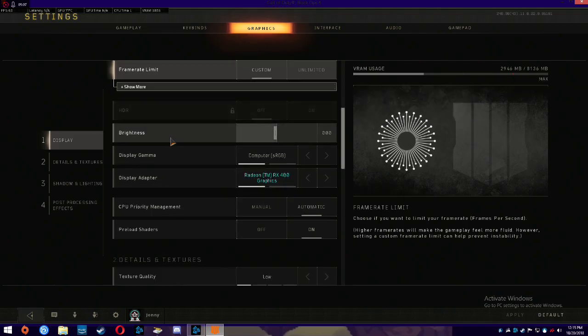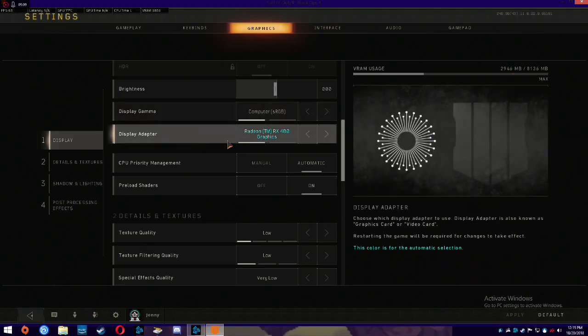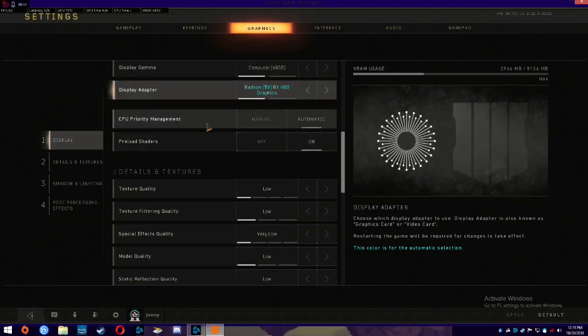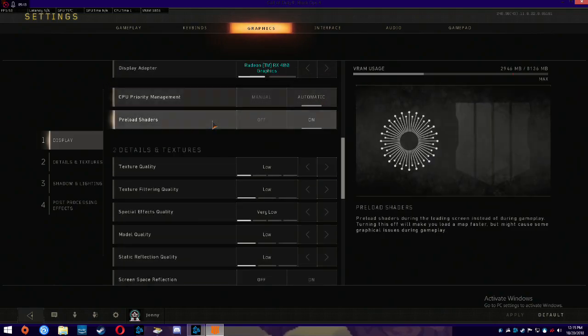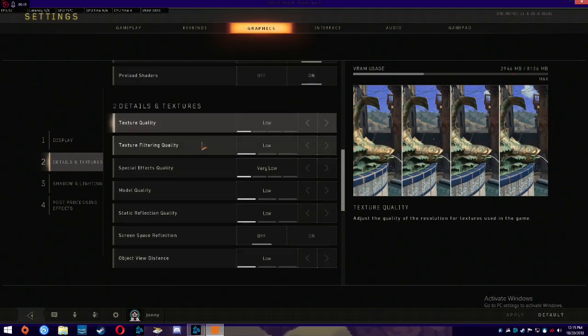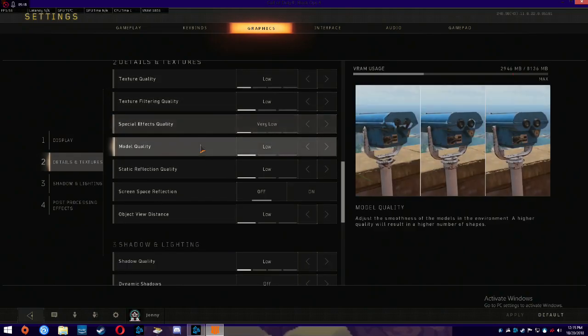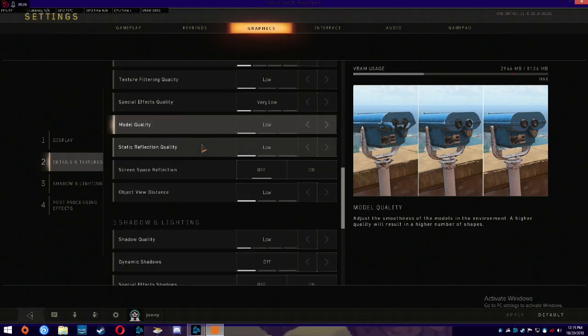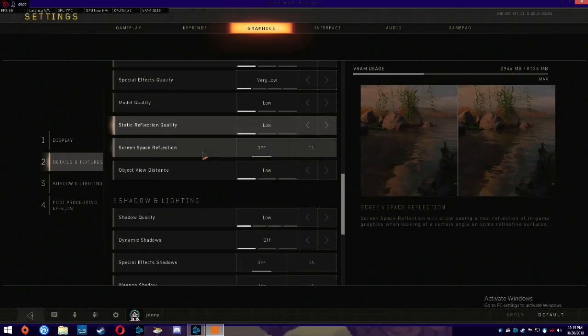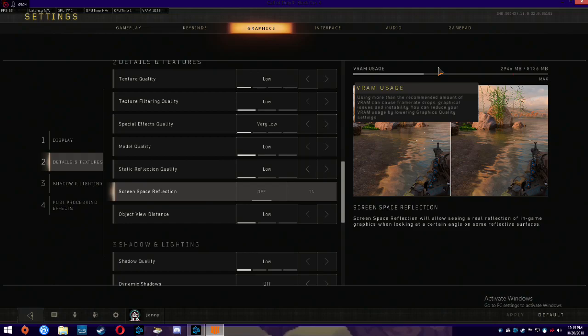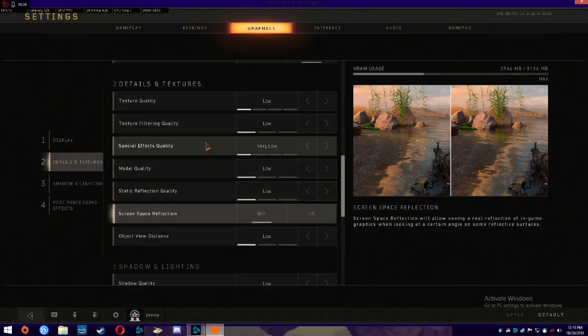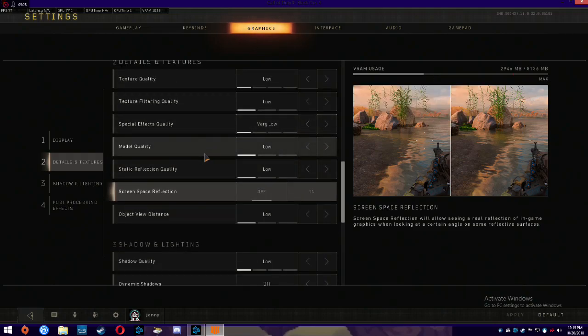But yeah, brightness, it's not that much display. Obviously, I'm using my graphics card, CPU automatic, preloader on, texture low, texture low. I use everything low just to get the best frame rate. But I can handle more, I just choose. But if you're having the issue I do, I suggest you put everything low to put less